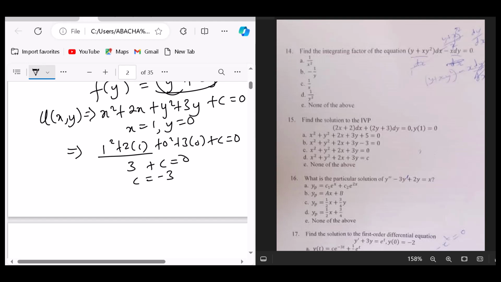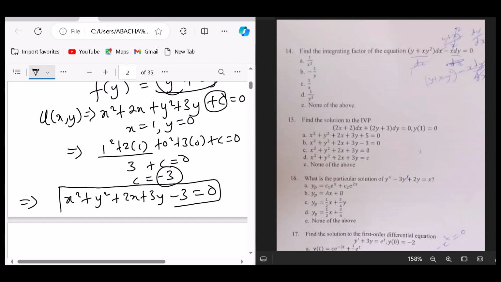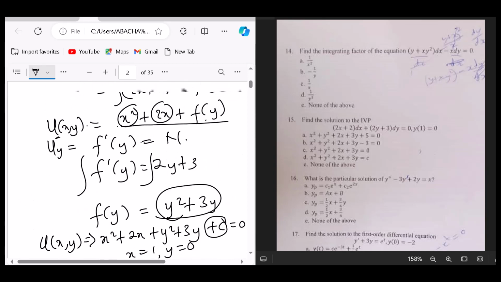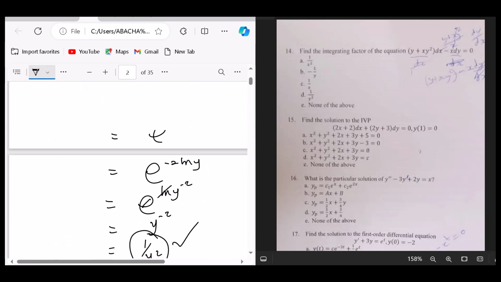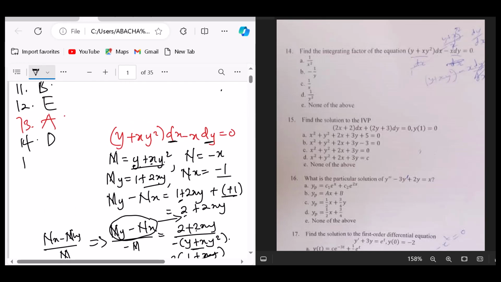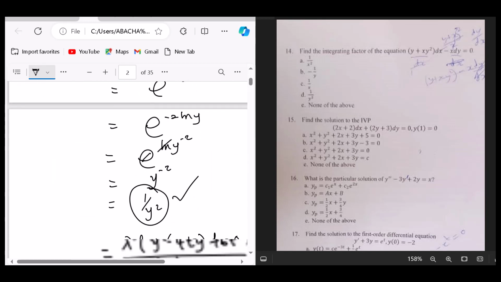Now rewriting this, we have x squared plus y squared plus 2x plus 3y. Now c, we replace it here, minus 3 is equal to 0, and this is the solution. Okay, and so if we look at them, the answer there is B. So 15, the answer there is B. Now 16,